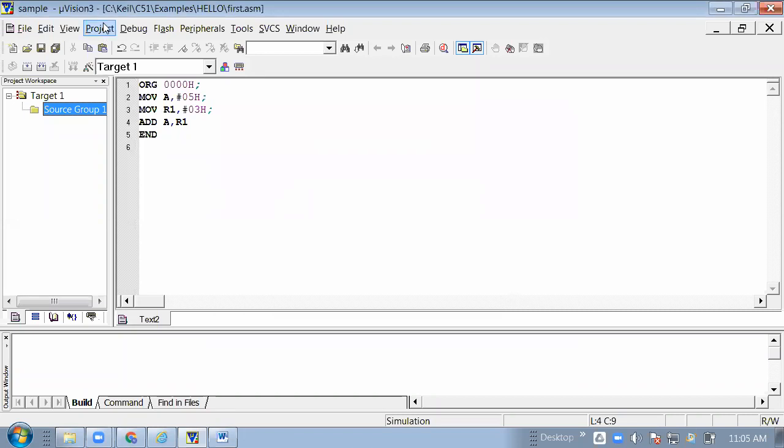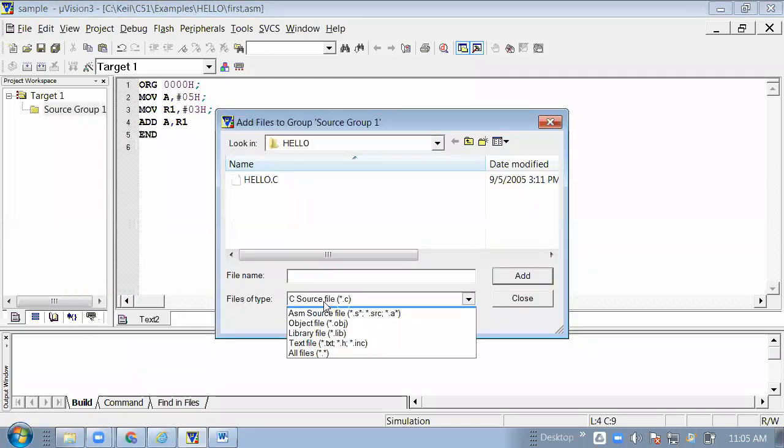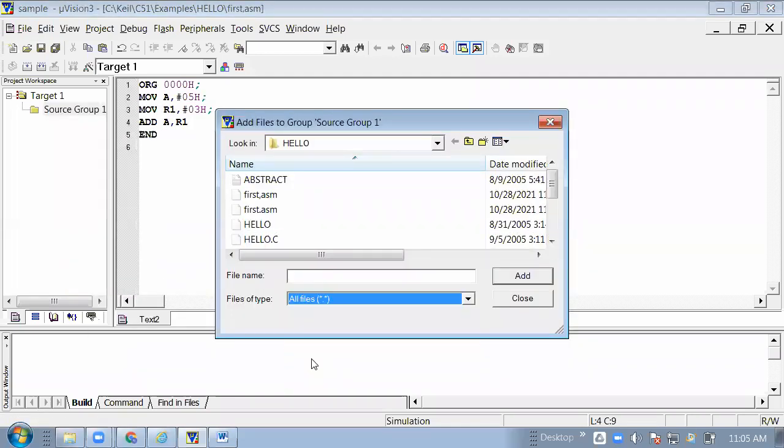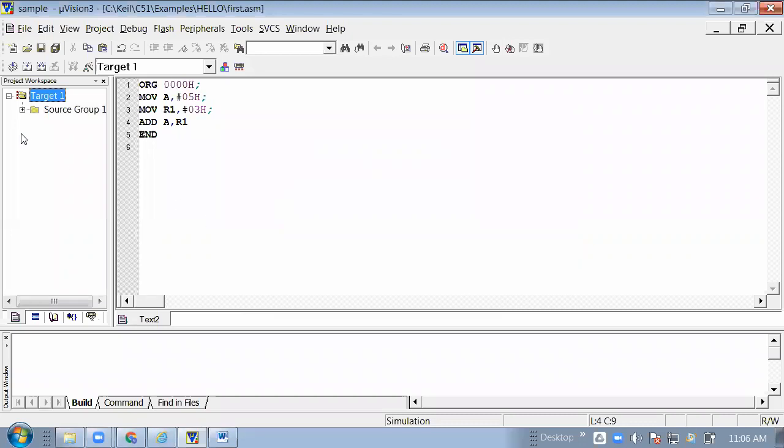Then go to right click, add files. Here are all the files. Here is first dot asm, add it. Okay, so this is the first dot asm.